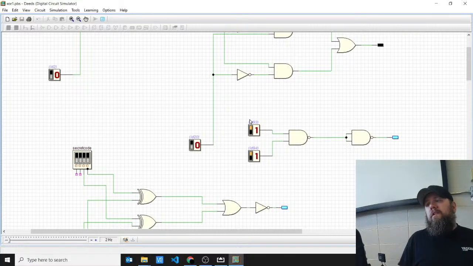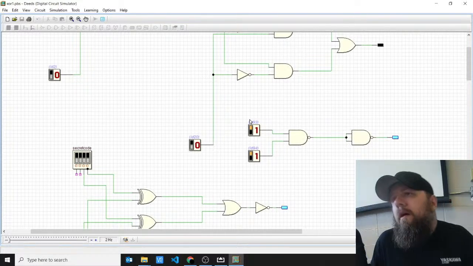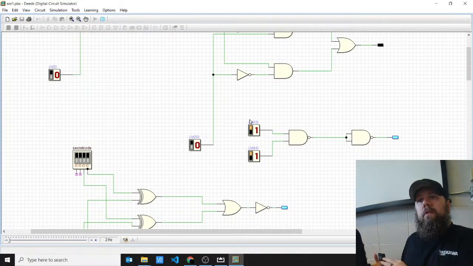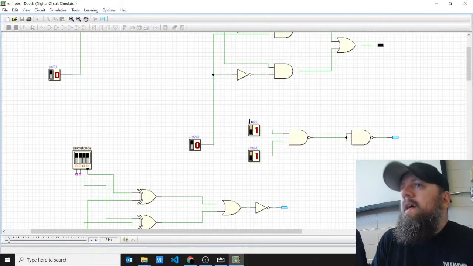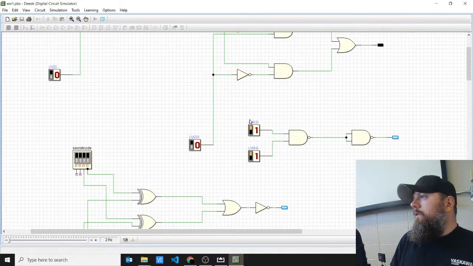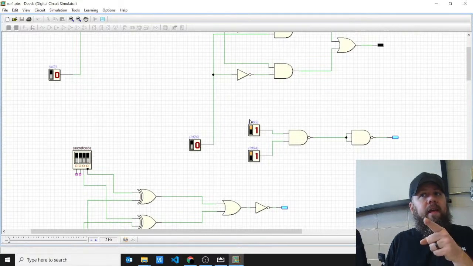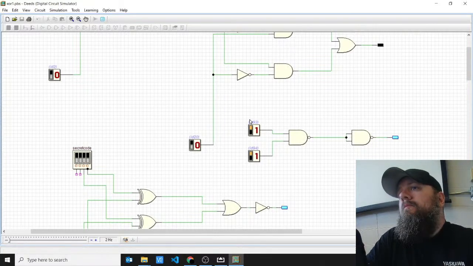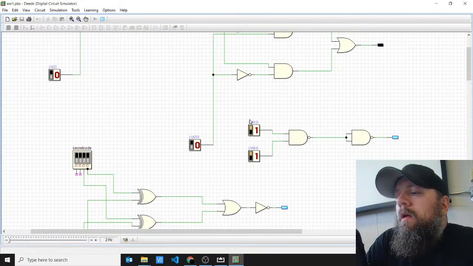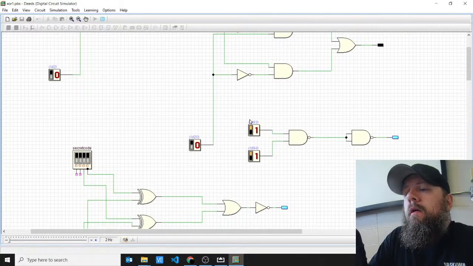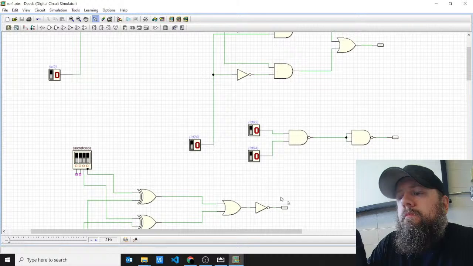All right, with De Morgan's theorem, I said that inverted inputs of one gate is equal to the opposite gate with the inverted output, right? So De Morgan's helps us get from an AND to an OR. So what do I want for an OR gate? Well, I'm still going to use NANDs, right? But I want to convert that AND into an OR, right? All right, so what I'll do is